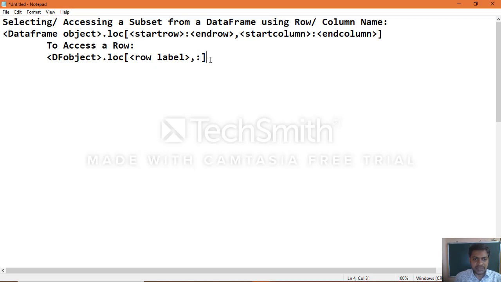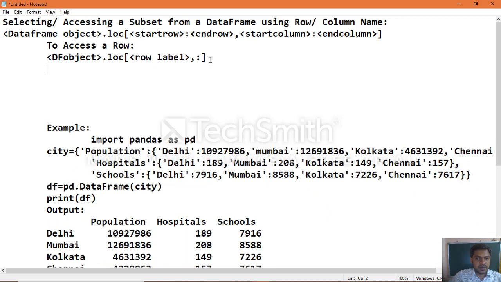Now we will take an example to work with. Let's use the object we created in the earlier class, a complete example.